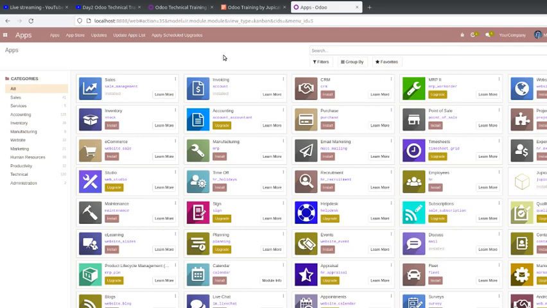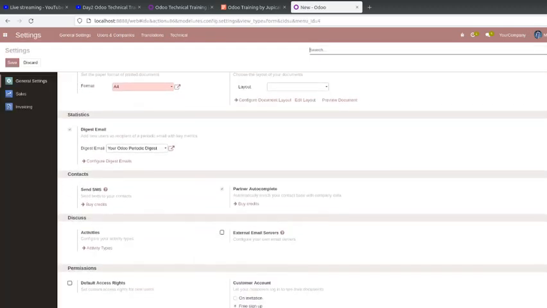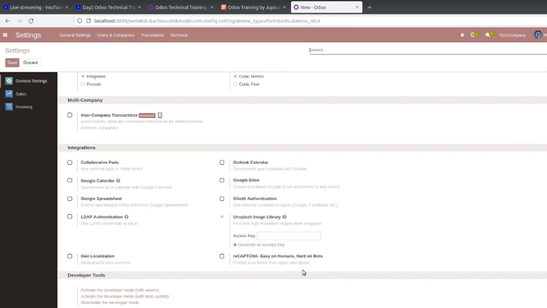Okay, so I will show you how you can activate debug mode. Go to settings, and here you can see there is a link for developer tools. You can click here: activate developer mode, activate developer mode with assets, activate developer mode with test assets, and deactivate developer mode.